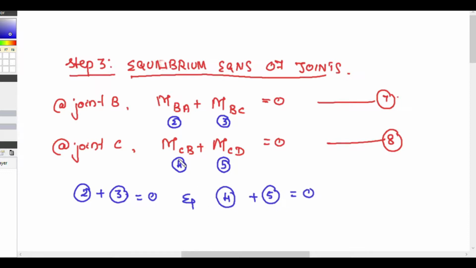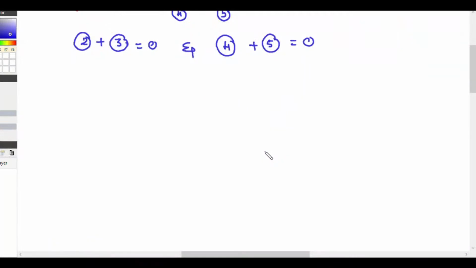These equations 2, 3, 4, 5 are the equations from the slope deflection equation. So now we have 2 more equations, 7 and 8. Solving these 8 equations, we can solve these equations so that we get